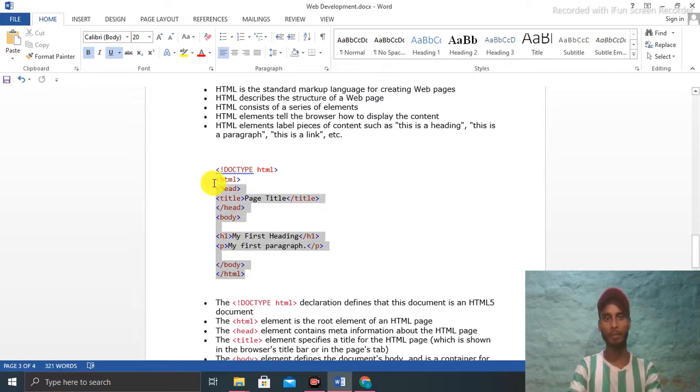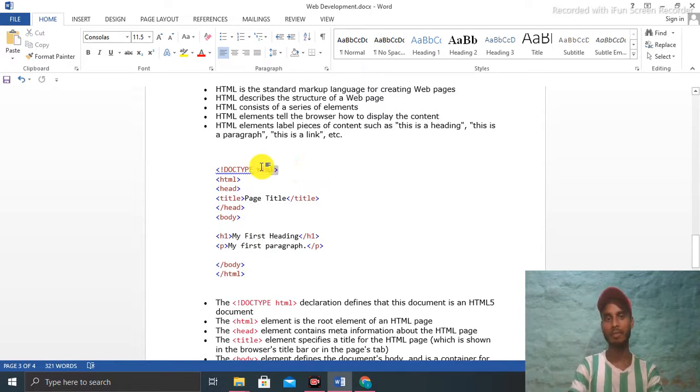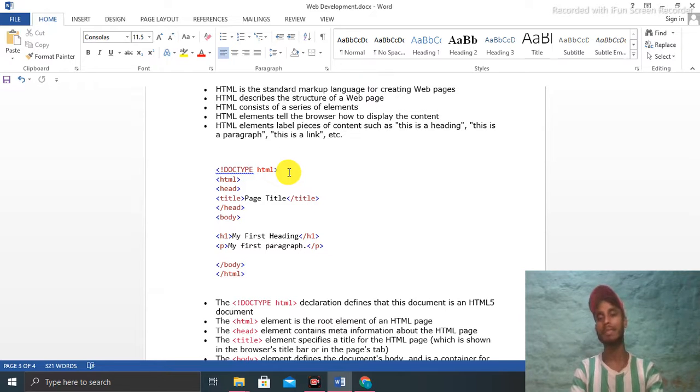The main structure of HTML. Here you can see doctype html. Doctype means an HTML type; it describes the document type, that it is an HTML document.